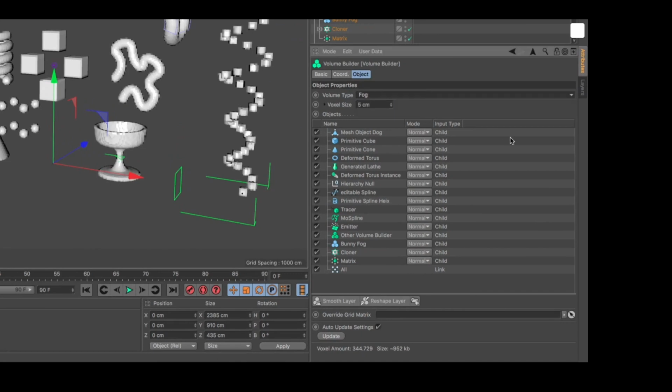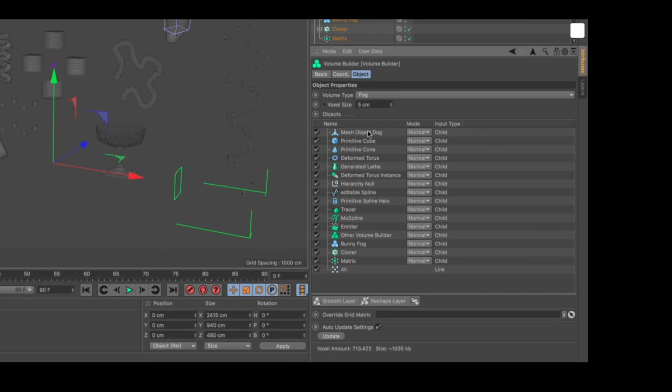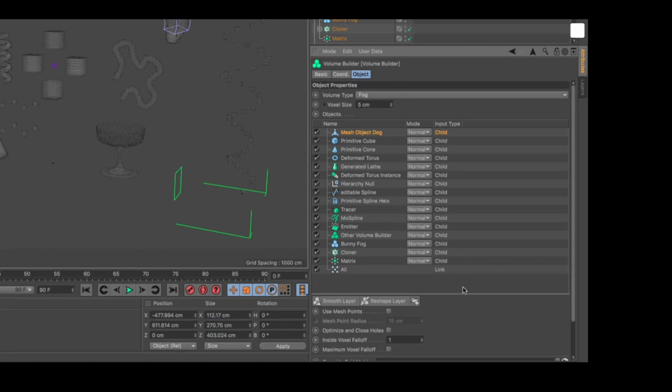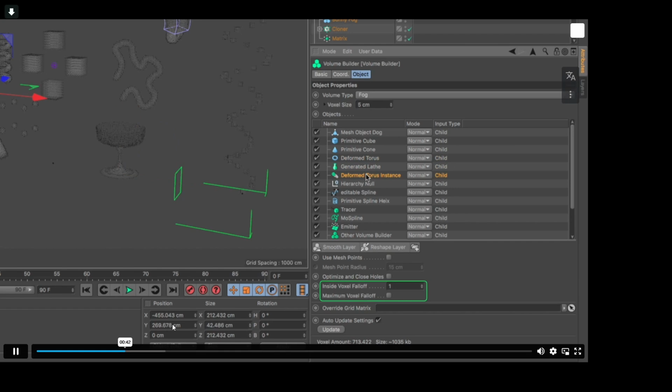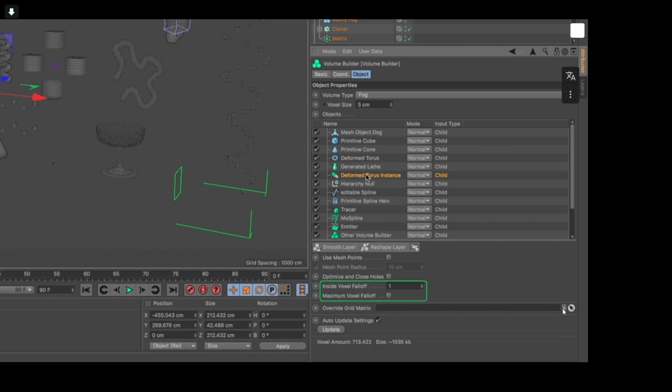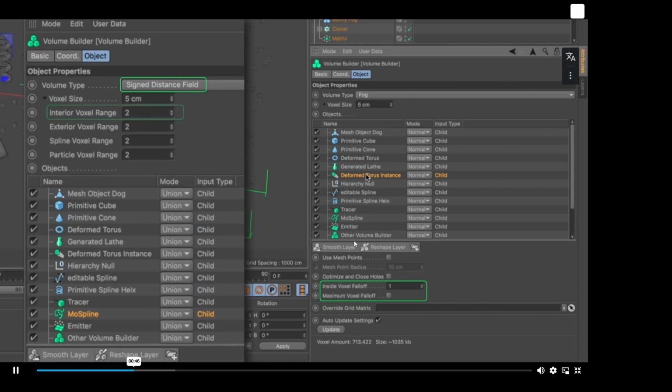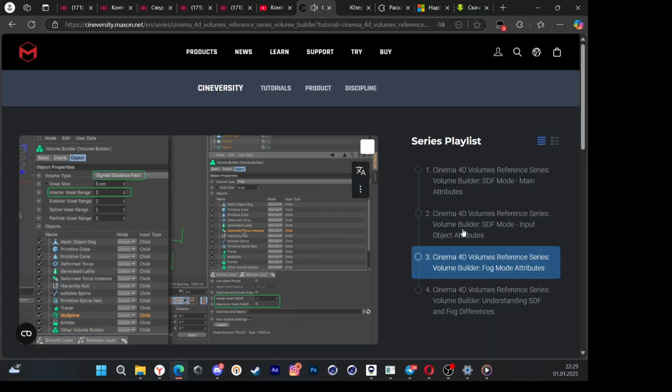What I'd like to focus your attention on is that although all parameters of each object type are the same as the SDF, we now have an extra two attributes: the inside voxel falloff and the maximum voxel falloff. These parameters are similar to the SDF's interior voxel range and define how smooth the transition from the surface